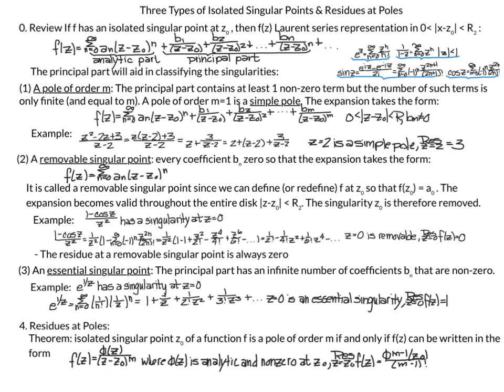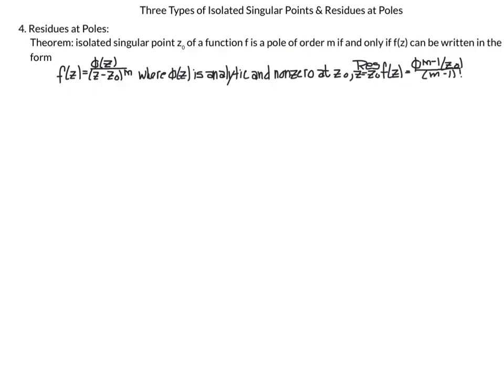The theorem says an isolated singular point z naught of a function f is a pole of order m if and only if f of z can be written in this form: f of z is equal to phi of z over (z minus z naught) to the m, where phi of z is analytic and non-zero at z naught. Then the residue will be equal to the (m minus 1)th derivative of phi at z naught,